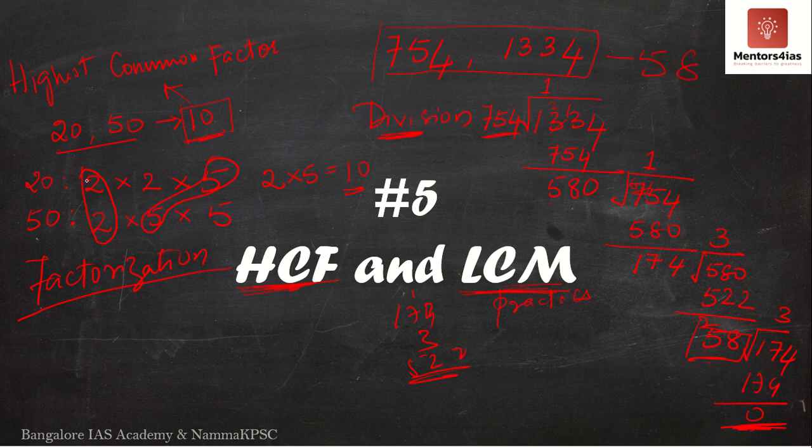So either you can do it by the factorization method or you could do it by the division method. See, I can do it for 20 and 50 as well. Now this should be very simple. So I will divide 50 by 20. 20 twice is what? 40. I get the remainder 10. I'll bring 20 here. So 10 twos are 20. I get the remainder as 0. Then 10 is the highest common factor for us. So this is known as HCF.